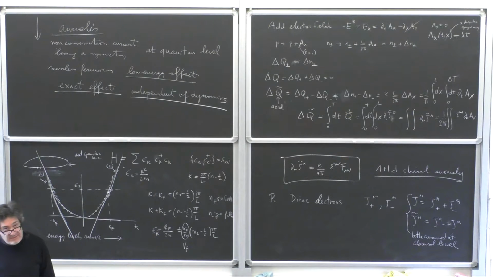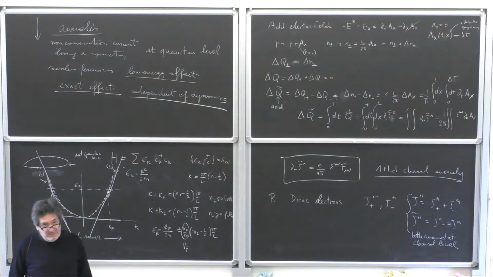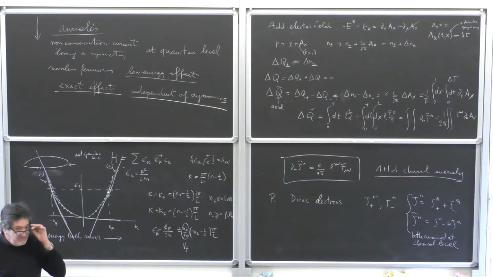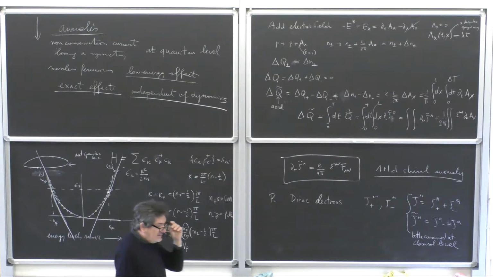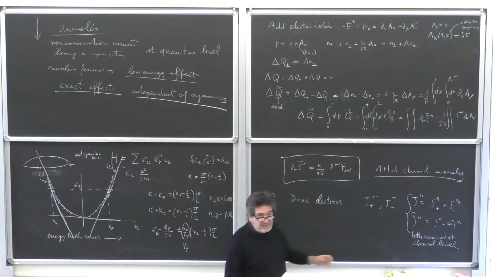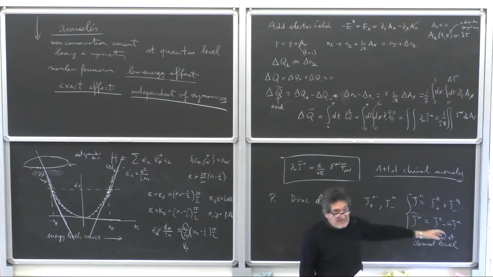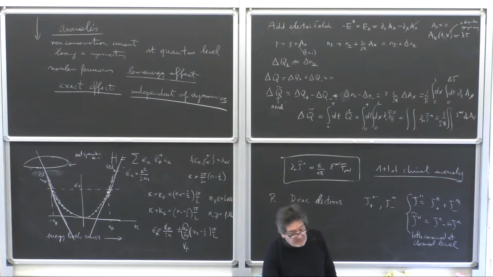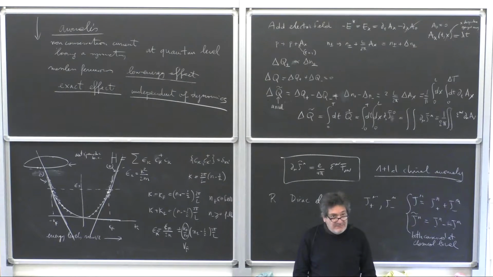We have to study the Dirac equation. That will come later, okay? I decided not to start right away with the Dirac equation, because I thought I would scare you, but it will come. We have to write the Dirac equation and see that at the classical level, these two are conserved. Somehow that is kind of obvious because the fermion splits in two components.